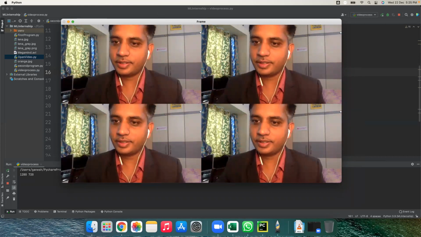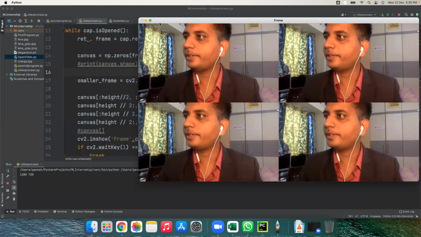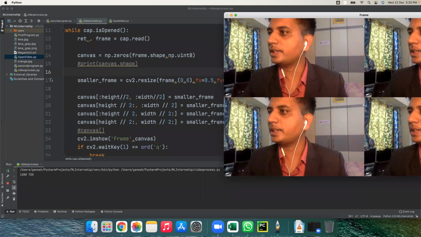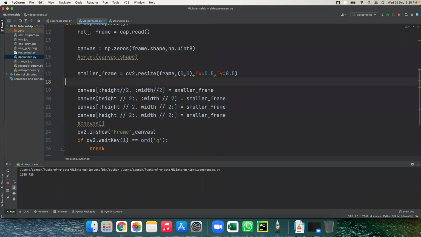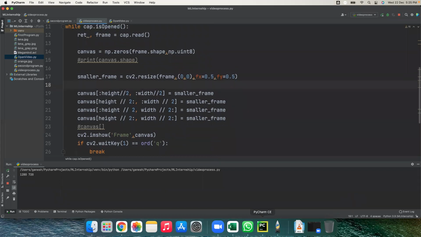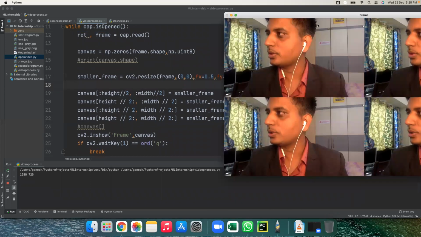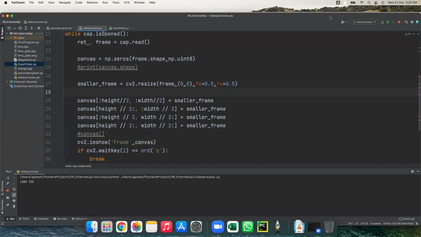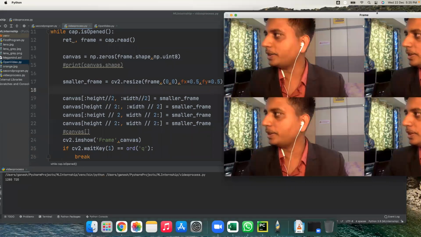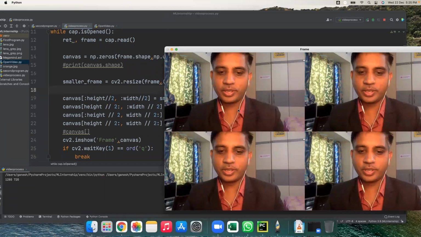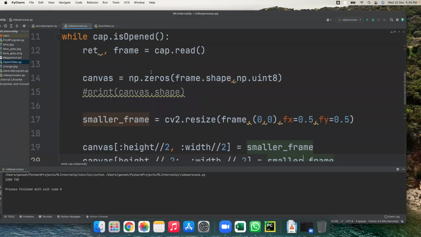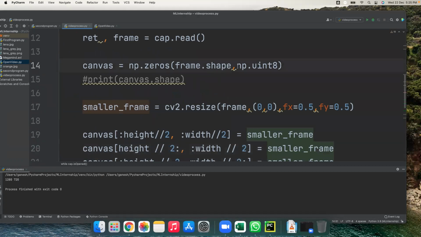Now Shiva, Aditya, you try and tell me whether you are getting the same output or not. Yeah, so you are getting the correct output, the same as mine. Got it? Okay. So where is the mistake? We created the canvas, but not the same kind of canvas that our image has.